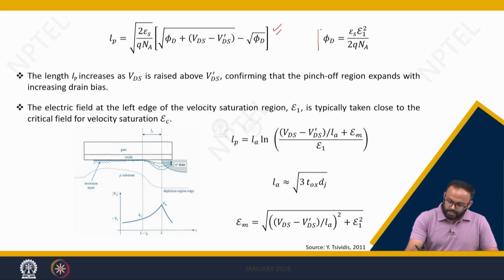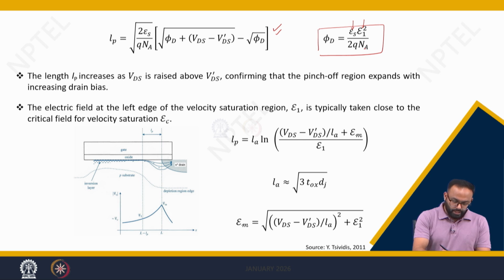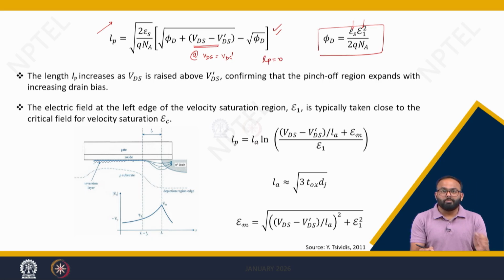Considering phi d is another term which is defined as epsilon S into E1 square divided by 2 into Q into NA. This is clearly observable that LP will start from 0. It means at VDS equals VDS dash, the LP will be 0. The moment you increase the drain voltage beyond this VDS dash value, the LP will start from 0 and ultimately it will expand like this